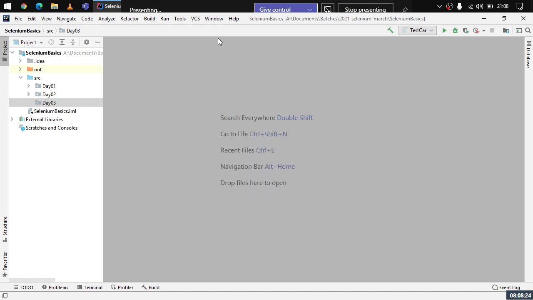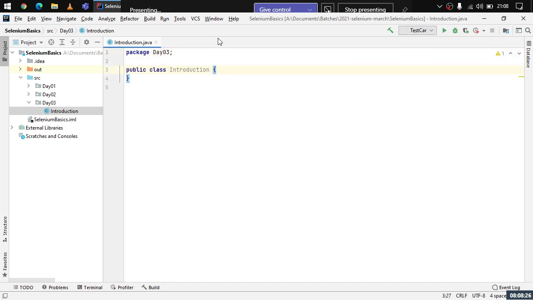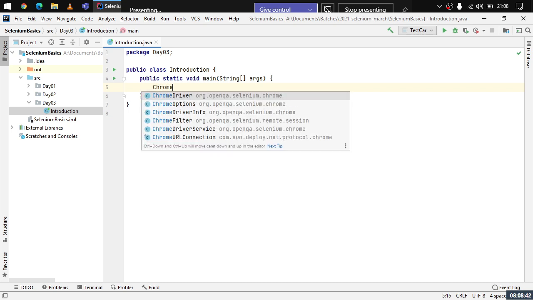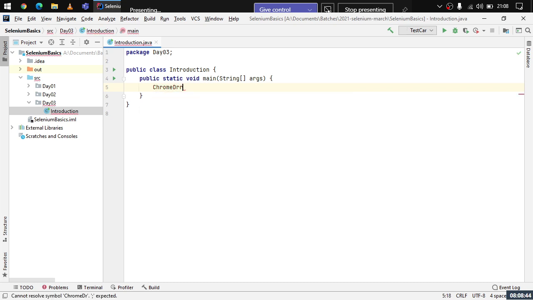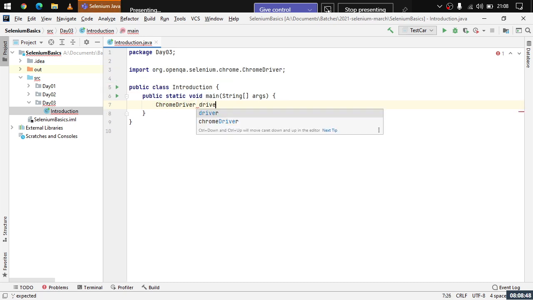Why am I naming it introduction? The thing is that we would be learning about the basics of Selenium right now. So the first thing is we need a main method. Let's just add that. Now it has been added. Remember we wrote a code to open the Chrome browser: ChromeDriver, say driver equals to,